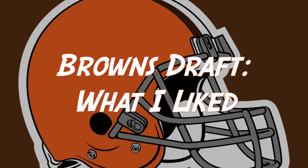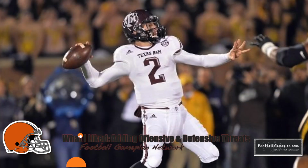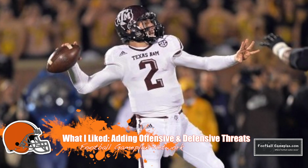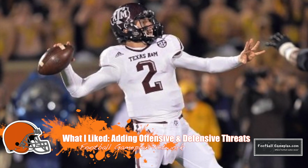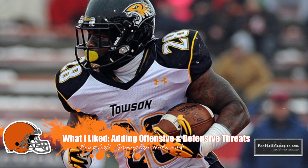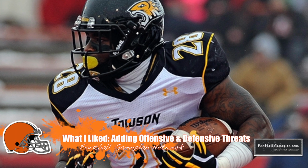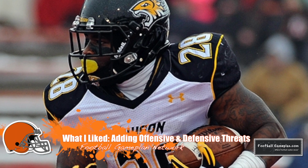Now, what I like most about the Browns draft was the fact that they added threats on both sides of the ball. On offense, getting a mobile quarterback in Johnny Manziel is just going to make that entire offense better because of his ability to dictate. Terrence West out of Towson gets better as the game goes on. He's a durable player, a volume running back that played in an offense similar to what Kyle Shanahan is going